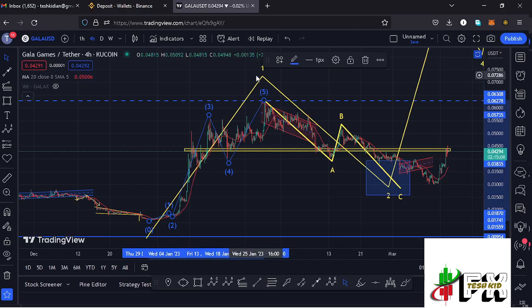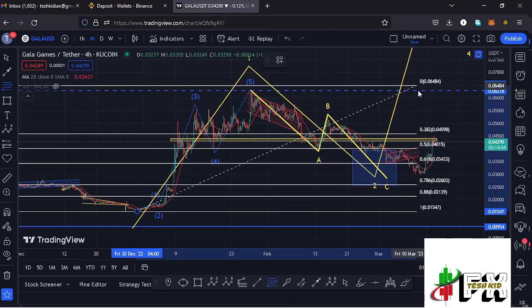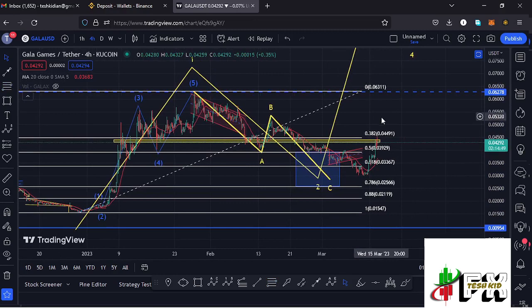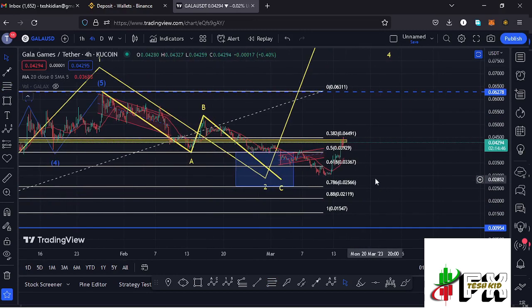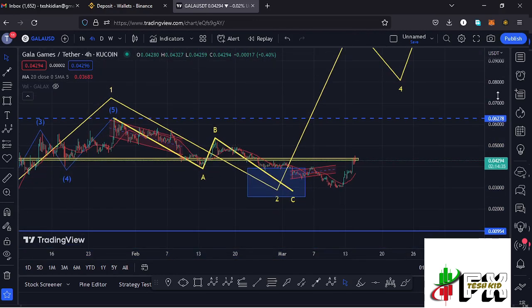And after seeing the formation of that first wave, whatever we expected next was a corrective structure in the formation of this wave 2, and using the Fibonacci's connecting them from the low of the first wave to the high of that wave 1, that gave me a minimum retracement area in the formation of that wave 2 between the fib level 0.5 and the fib level 0.78, which is a target area that we have now fully maximized. And that now means we have bottomed out in the formation of that larger Elliot wave count 2,